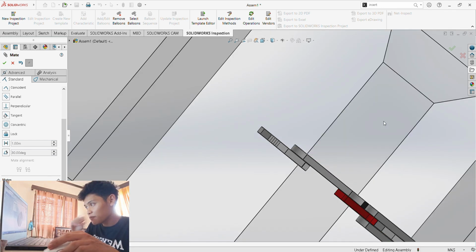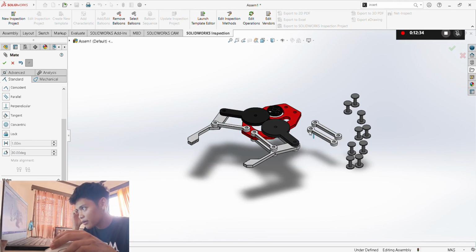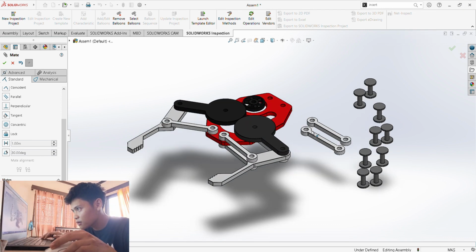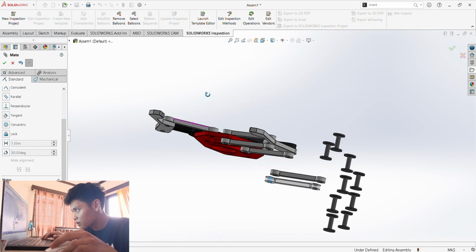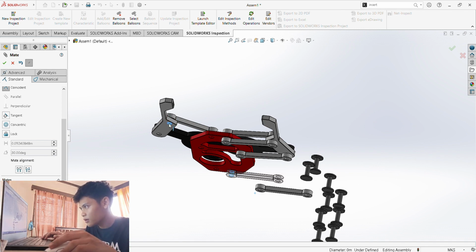So press spacebar, isometric view, and then let's add this out. It should be concentric with this one right here. So check.